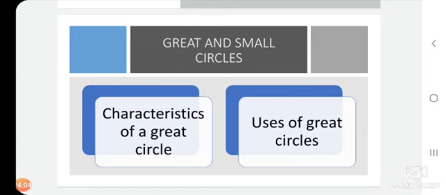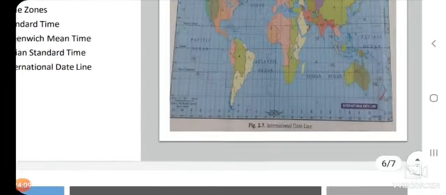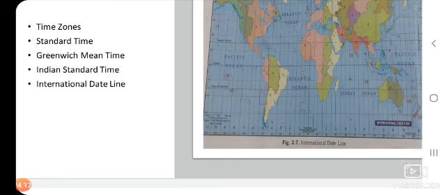So let us learn about the international dateline also. The line of longitude at 180 degrees is one and the same, east or west of the prime meridian. Opposite to the prime meridian is the international dateline, which is at 180 degrees. While crossing this dateline from west to east, a day is deducted, or the calendar is fixed backward by 1 day, and when crossing the international dateline from east to west, a day is added,